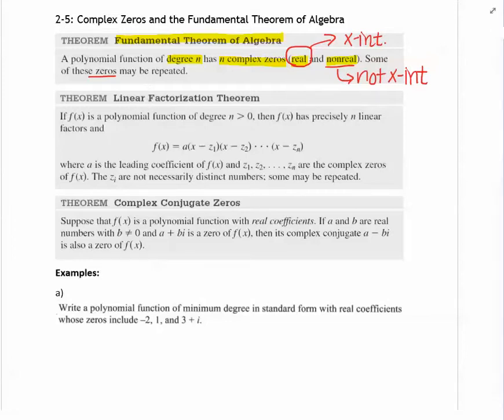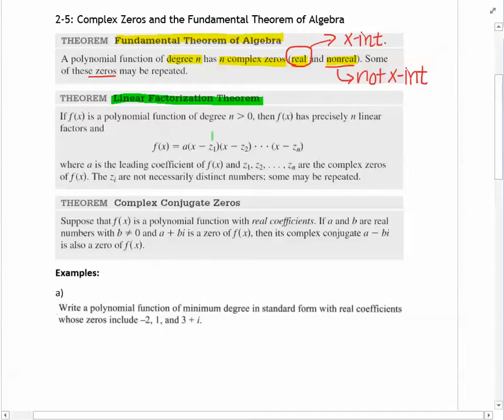Moving on, we have the linear factorization theorem, which says if f of x is a polynomial function of a degree n, which is greater than 0, so at least 1, and remember that the degrees have to be positive integers, then f of x has precisely n linear factors. Now remember those zeros will be complex, which means they can be real and non-real. So how it's written, you have a, which is your leading coefficient,